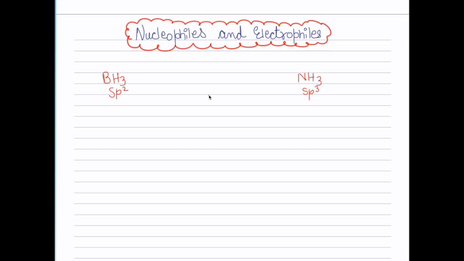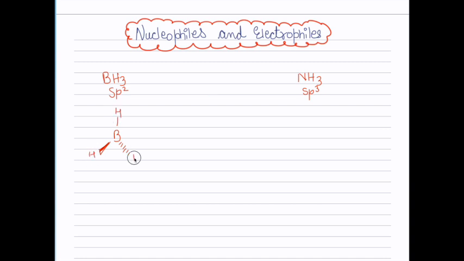Suppose you have a compound, I hope you know about this, BH3, and NH3, this is ammonia. BH3 has a hybridization of sp2, but ammonia is sp3 hybridized. BH3 looks like this, with three bonds in a plane having a 120-degree bond angle,